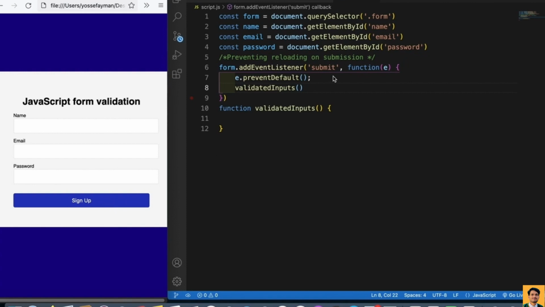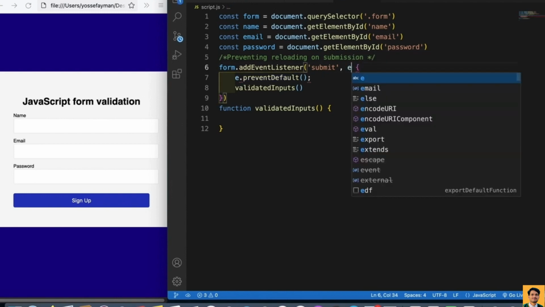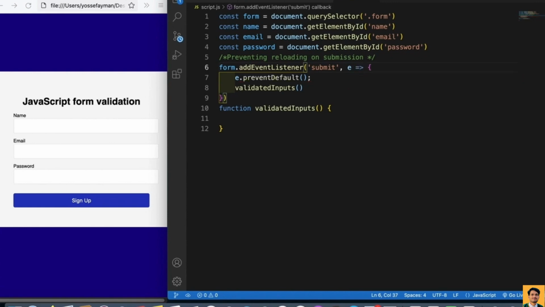It's not reloading, but we get a different way to type this. What is this way? We can make here e, which is the parameter, and then equal, and this sign, which is greater than. So this means the function and the parameter is e. That's the same as, this is equivalent to, function and the parameter is e. Okay, so this is for preventing the reloading on the submission. And now,